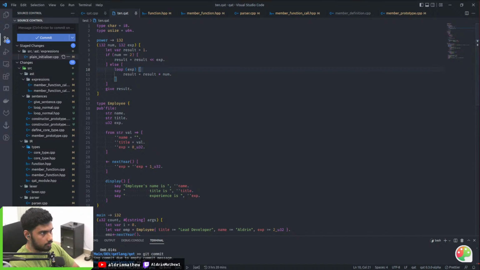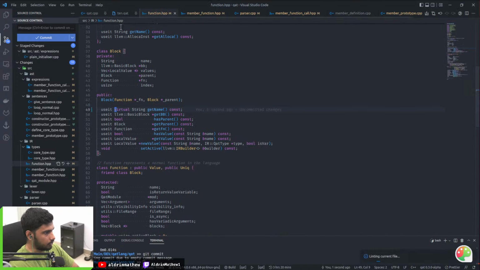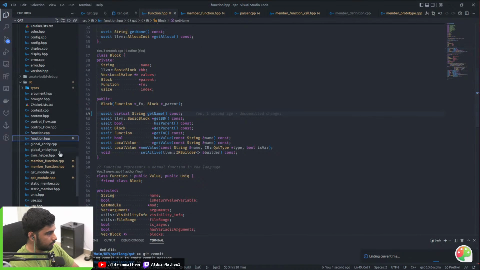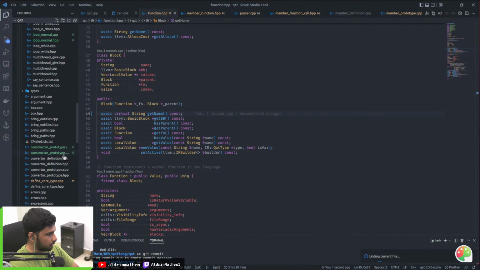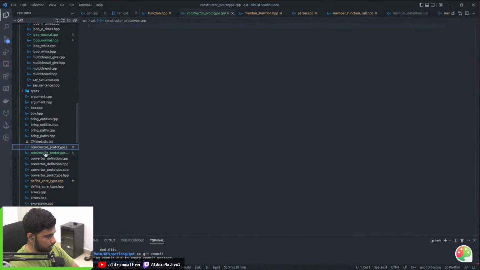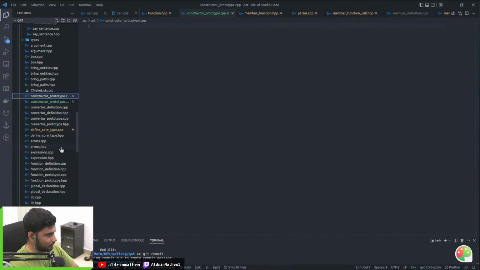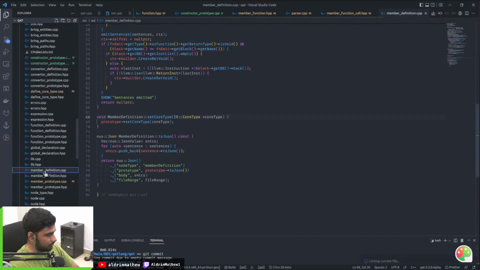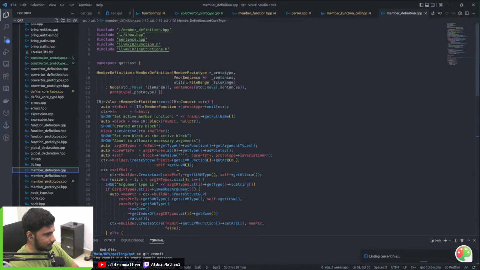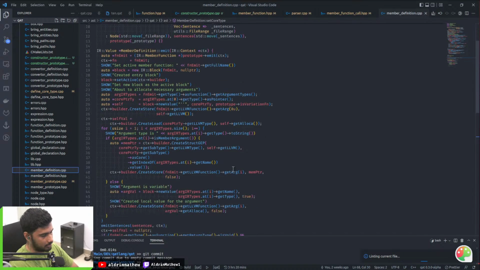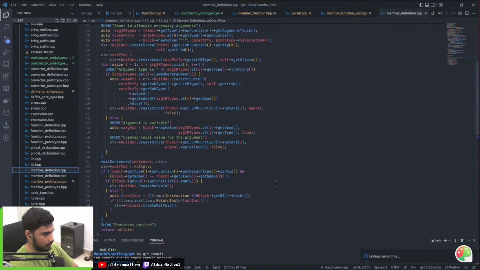Let me see, what can we do? For some reason, I don't have anything in my mind. Oh yeah, constructor. Basically, constructor, converter, all those things are just copies of the member definition. There is almost no difference.